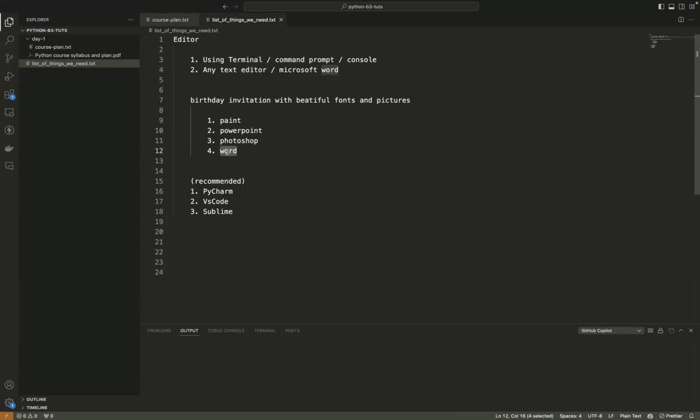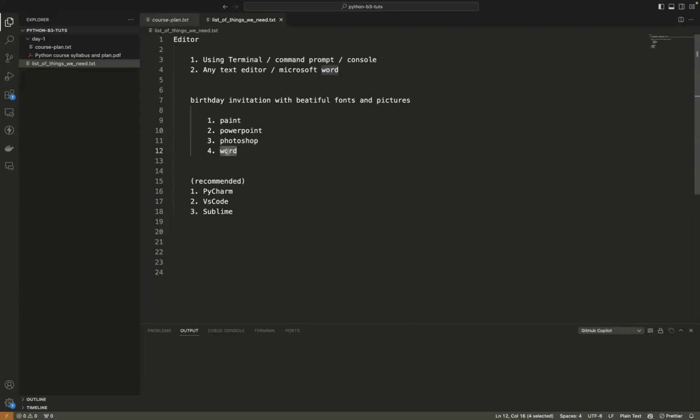Or if you are writing a paper or an article, Word would be the best tool.